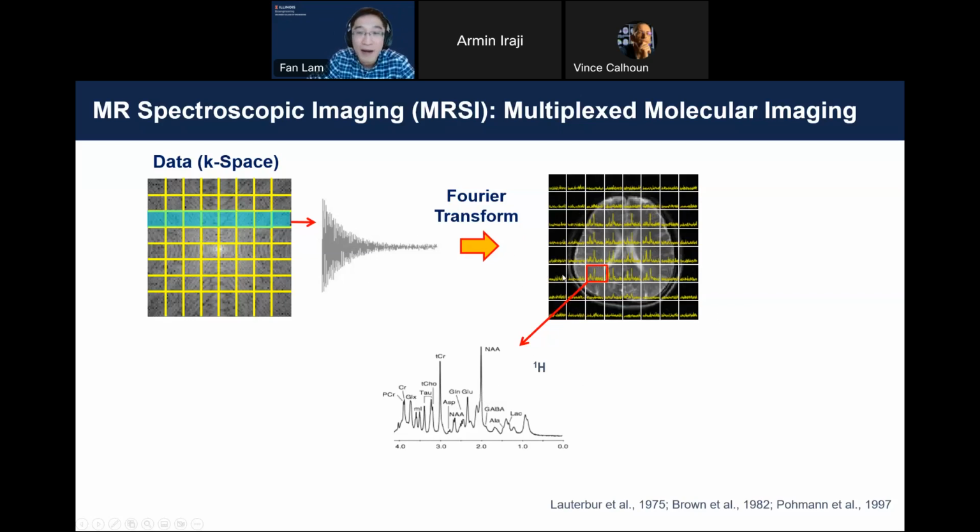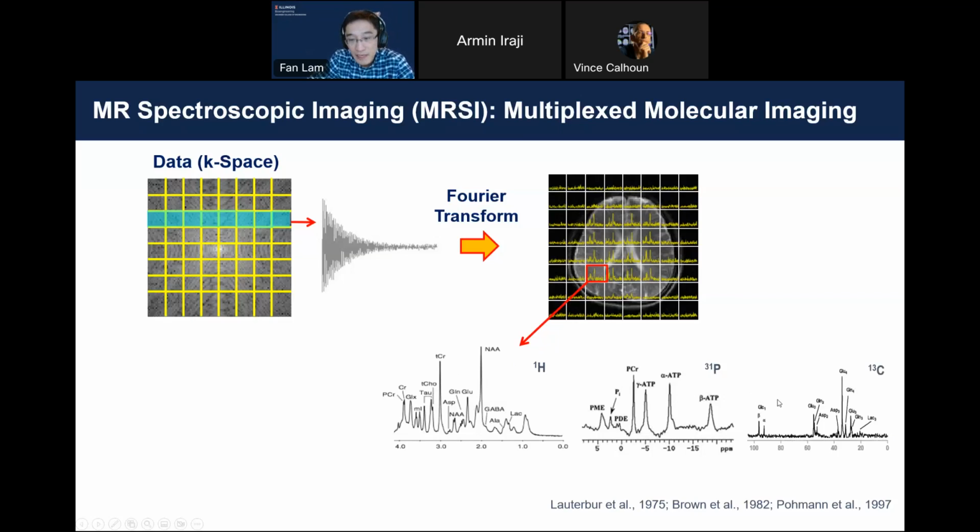It combines the spatial encoding power of MRI and the chemical specificity offered by NMR spectroscopy, allowing us to obtain spatially resolved metabolic or biochemical information. For example, if you look at this spectrum here, you have different peaks corresponding to different molecules. By quantifying them, you can study their relative composition, providing a very rich set of molecular level biomarkers. And the more amazing thing is that you don't necessarily have to be restricted to the proton nuclei. You can also detect signal from phosphorus nuclei to study energy metabolism,